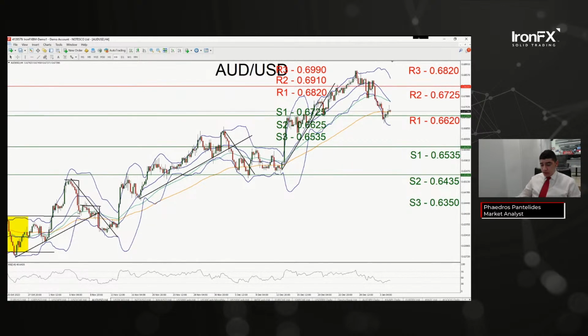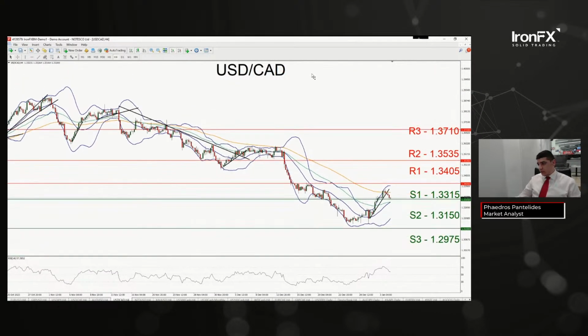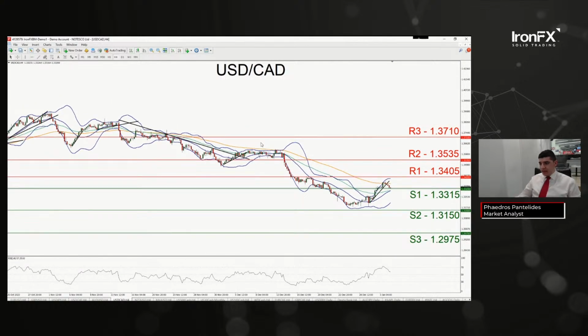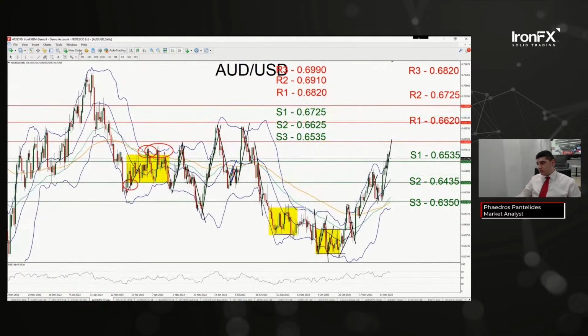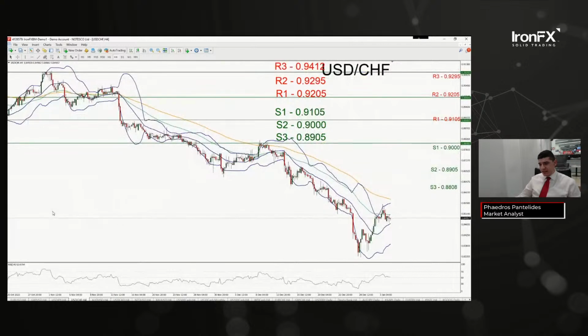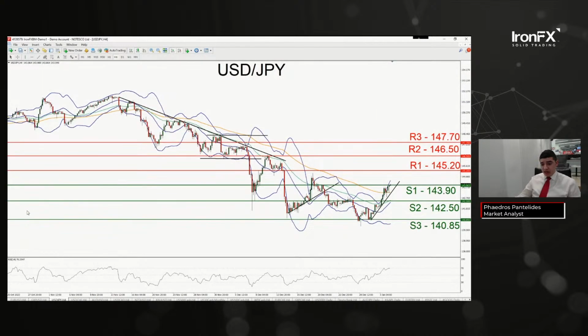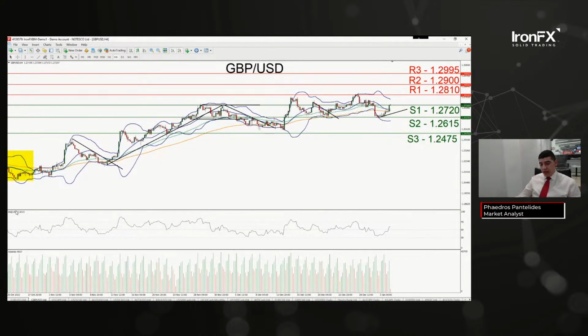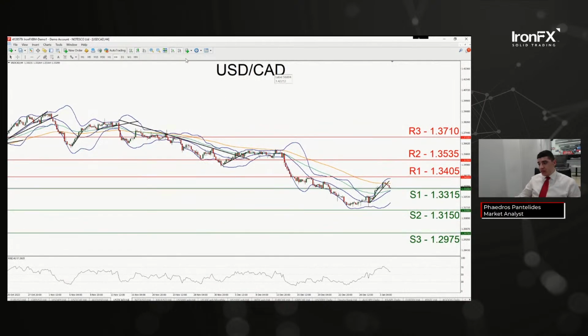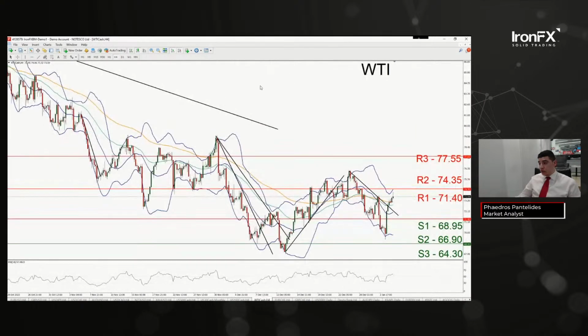For the Aussie, or we could actually look at the dollar CAD or Loonie. Now, the CAD may be gaining, I wouldn't say due to a weakening dollar. So for the day, the Aussie dollar still appears to be holding its own against the US dollar. It's gaining against the Japanese yen, and losing against the pound and the euro, but it's not a sign of overall general weakness as it is gaining against the yen. For the CAD, though, the Canadian dollar might be gaining against the US dollar due to